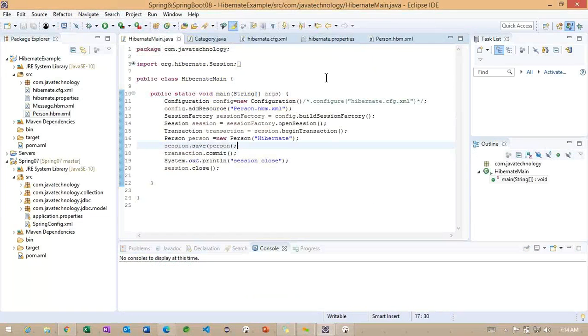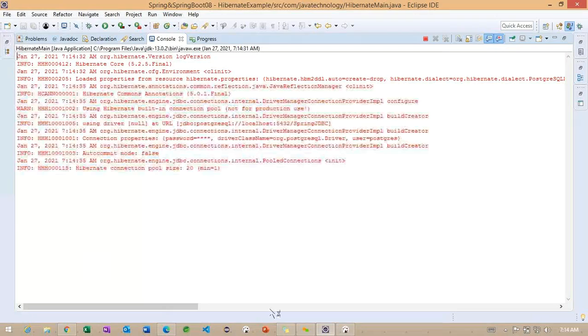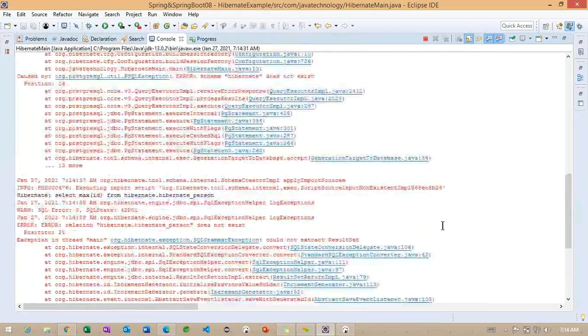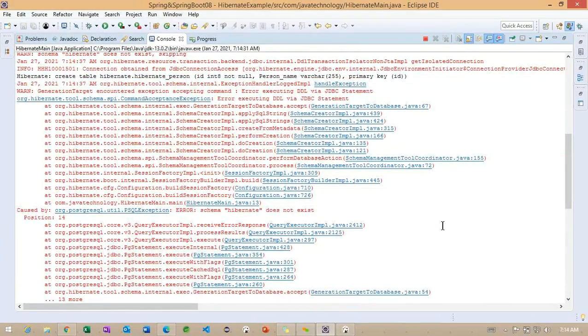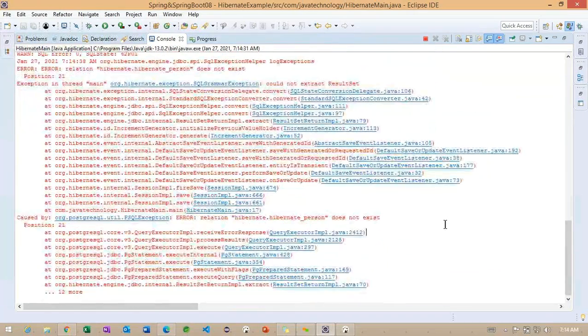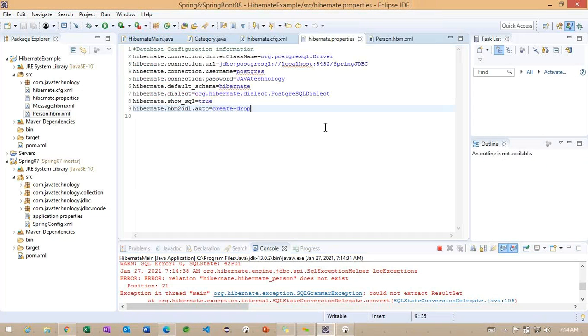Let me stop the application. So observe carefully. Again, I'm trying to run. Schema hibernate does not exist. Okay. So here, this is nothing but it is not loading the default schema here. So driver class name, everything is loading here.